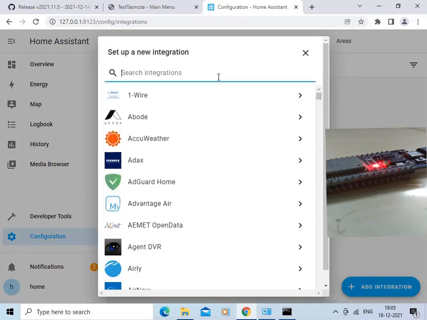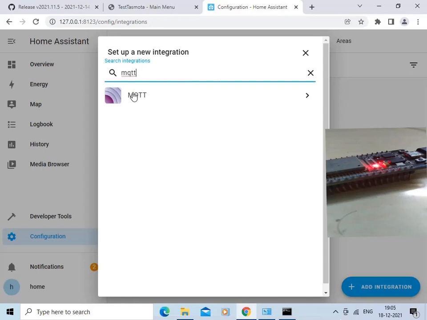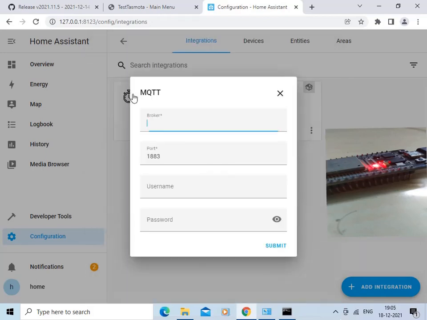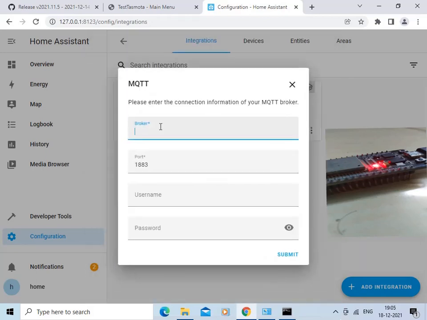Search for MQTT. Click here on MQTT. Give the broker name as broker.emqx.io. Keep this port number same as 1883.